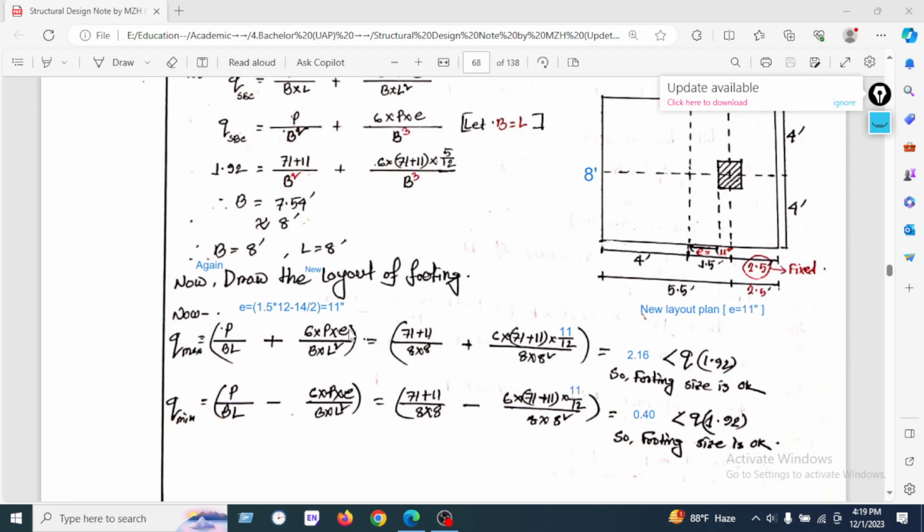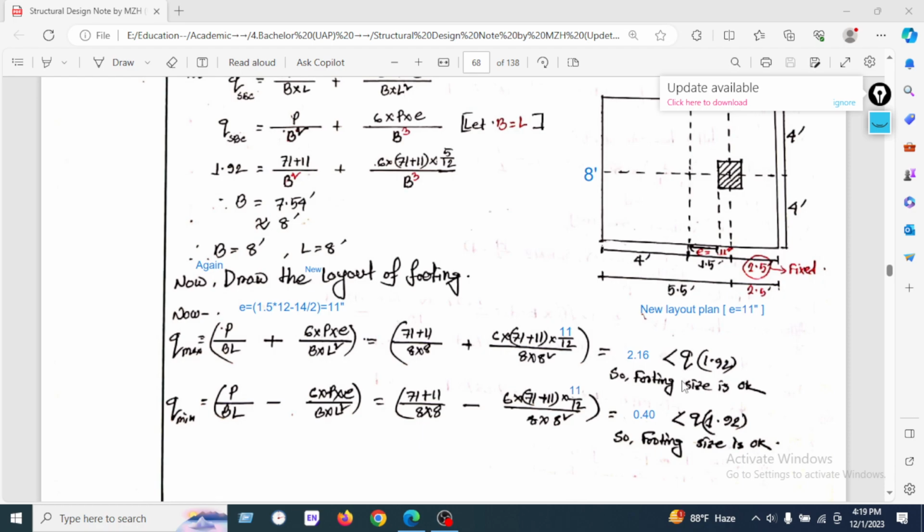I had forgotten to write the new e and had used the old e. That's why I have recalculated all the calculation. Okay, so we have put in all the values. Remember that P uses the unfactored dead load plus live load. 71 is dead load and 11 is live load, and we found 2.16,